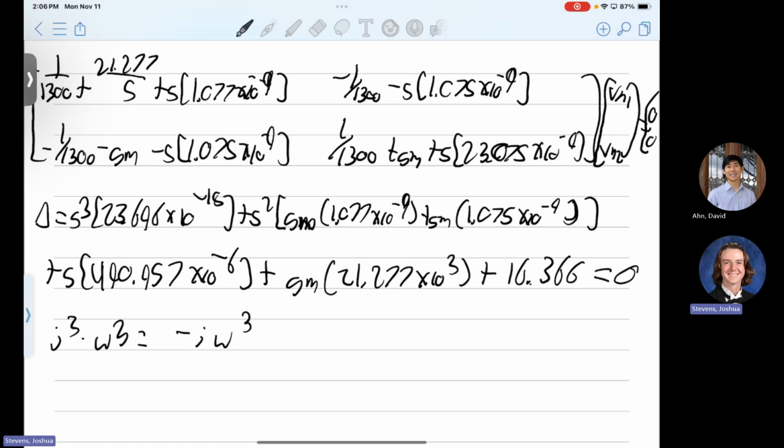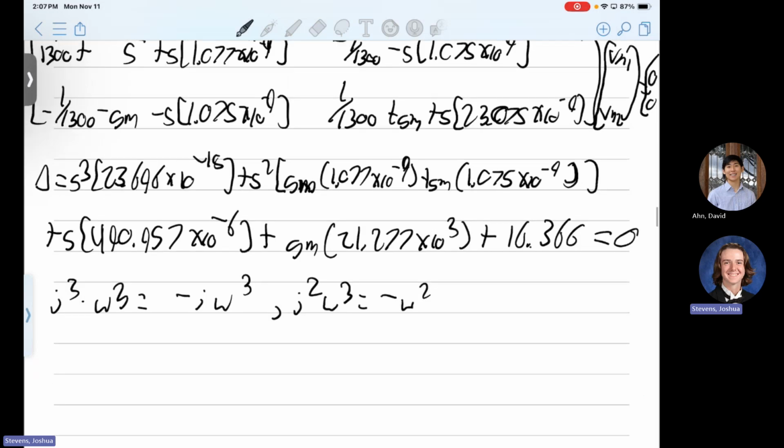That's that. So then j squared omega squared just becomes negative omega squared. And yeah, that is what that math does. So then when you have the determinant of j omega, j omega cubed times